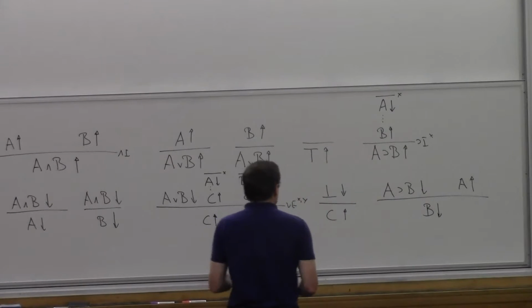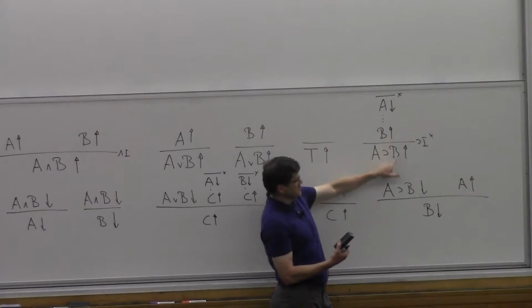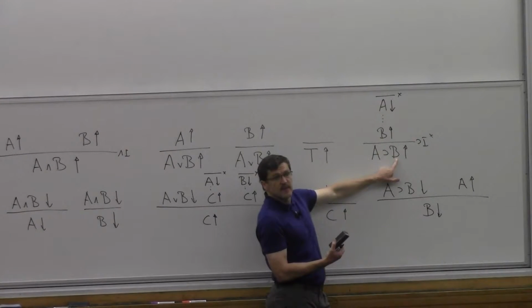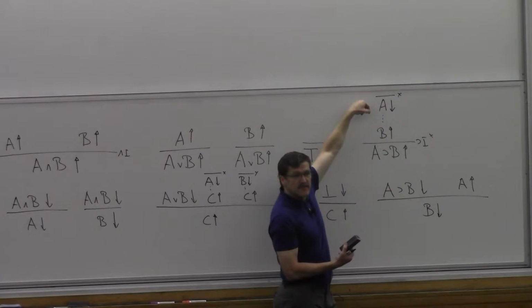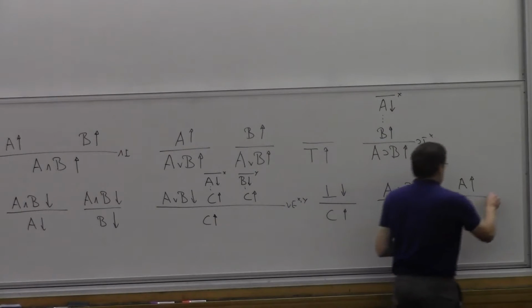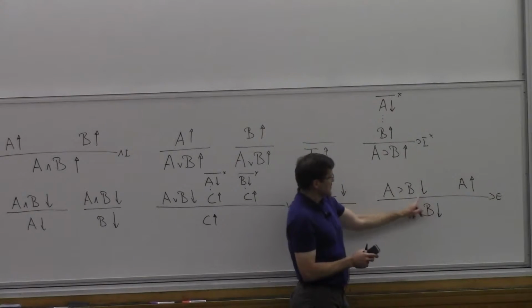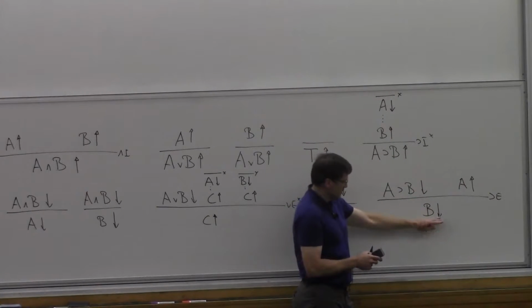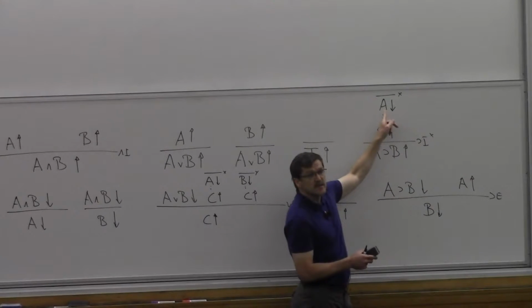So what happens here in the implication introduction rule is that B inherits the same direction. To construct a verification, I have to construct a verification of B using the assumption A, so that's up. And then in implication elimination, the opposite happens. This arrow is going to be down on both sides. This is what I can use, and this is what I can use below that. But this is going to be an up arrow, just because the arrow here also gets flipped.